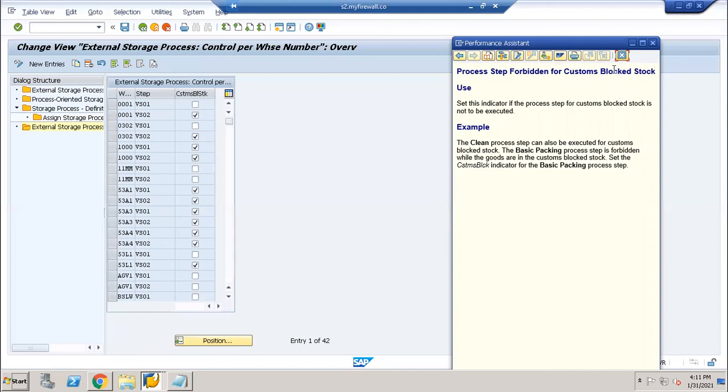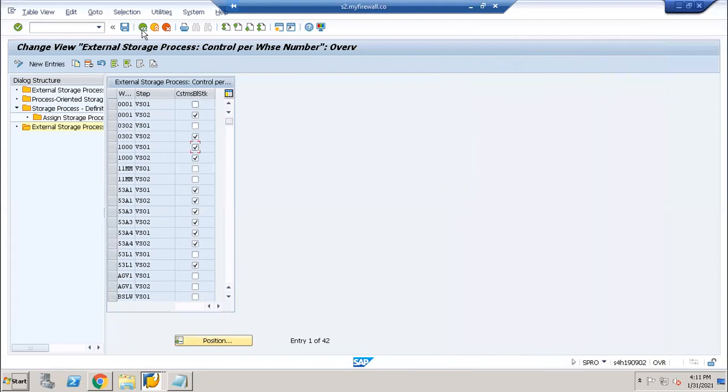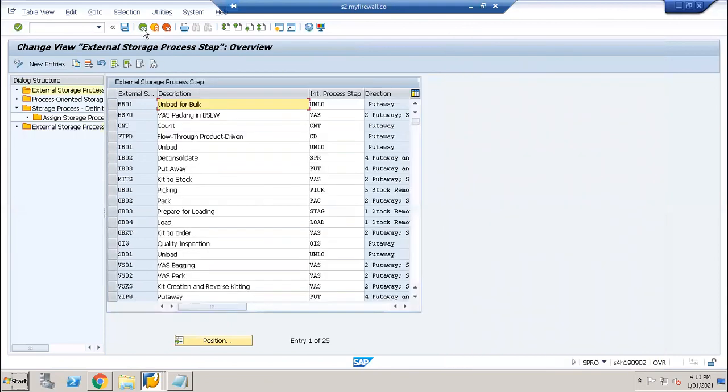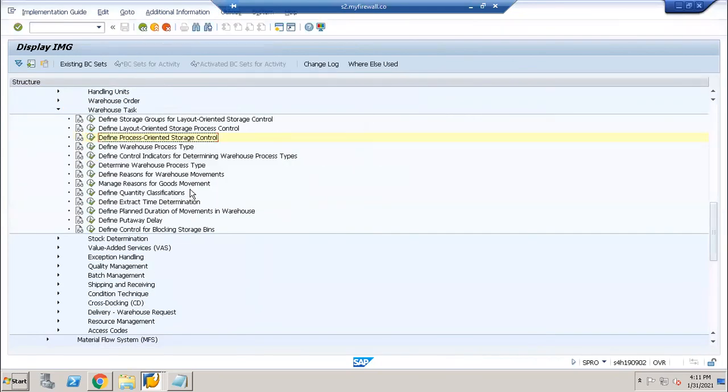For customs, block the stock. So these are the specific settings we are doing in POSC. We should not save it. So these are the notes for POSC.